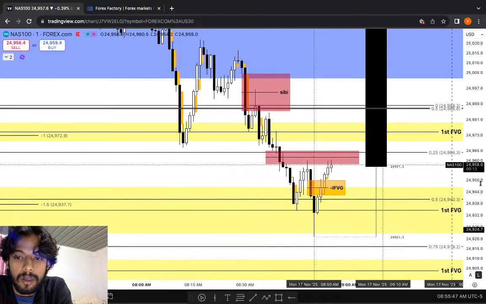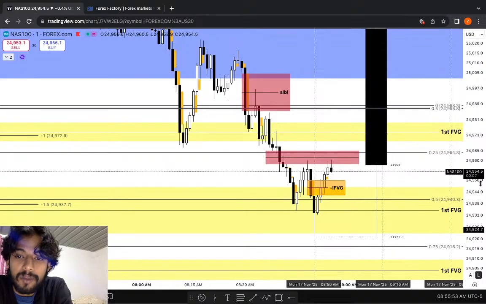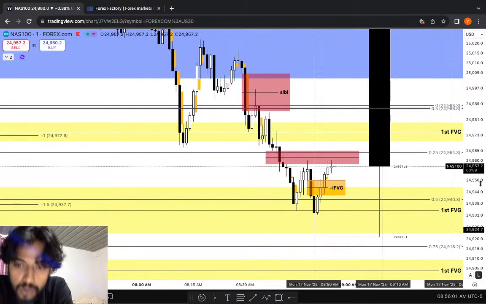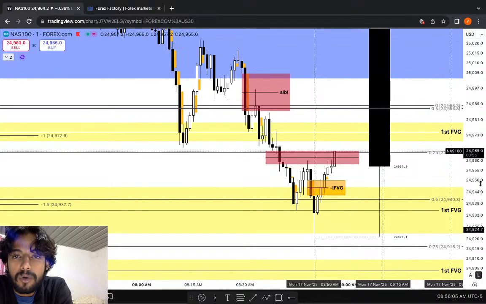Believe me or not, I know you have lost a lot of money. I have lost a lot of money. I did not have someone tell me this, that you can learn trading without losing your hard-earned money. Yes, it will take time. Yes, you have to work your ass off. But you don't have to lose money. Why do you want to lose real money when you don't know anything?